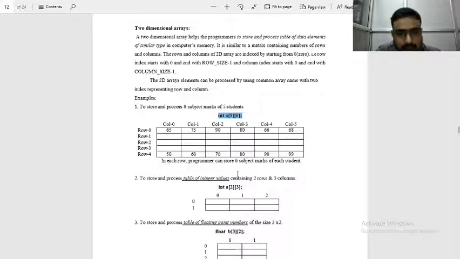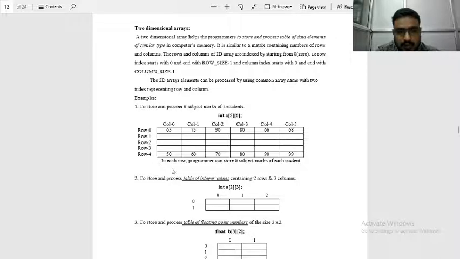Here you can observe row 0, row 1 up to row 4. So 5 rows are allocated in memory along with 6 columns. So this is a two-dimensional array, similar to a matrix.